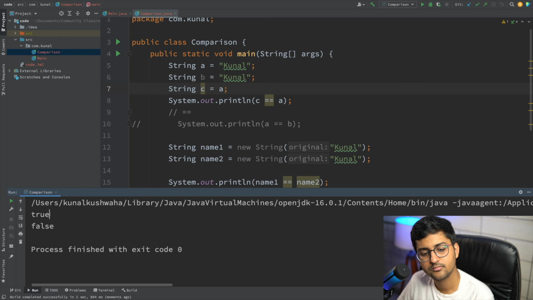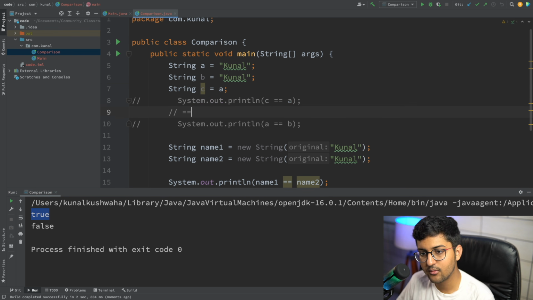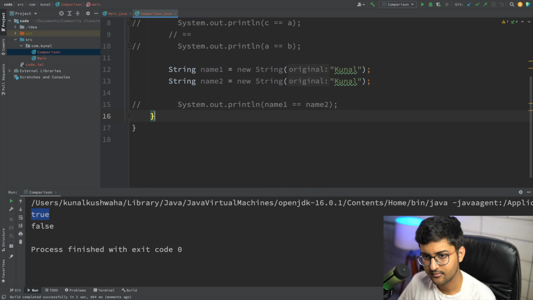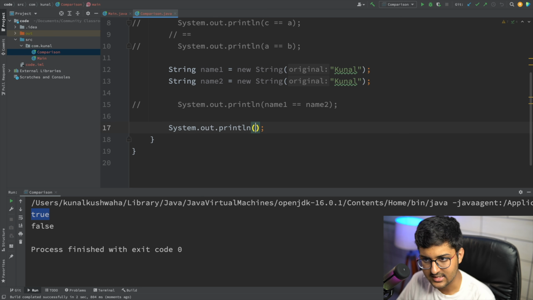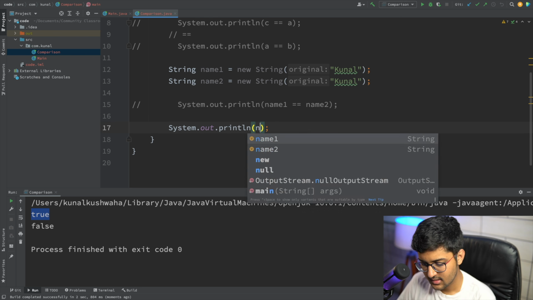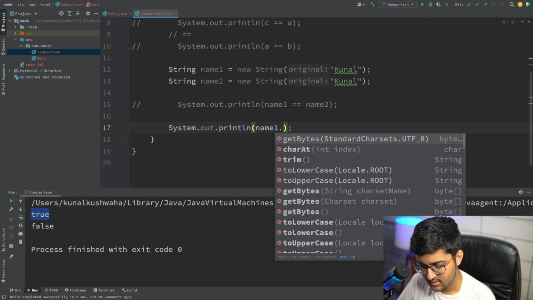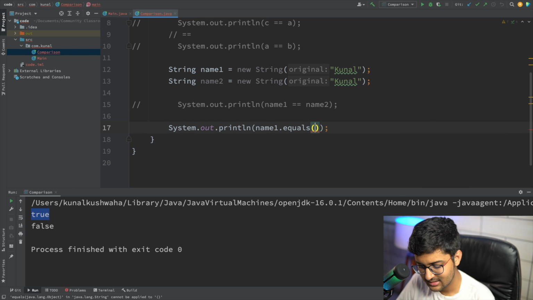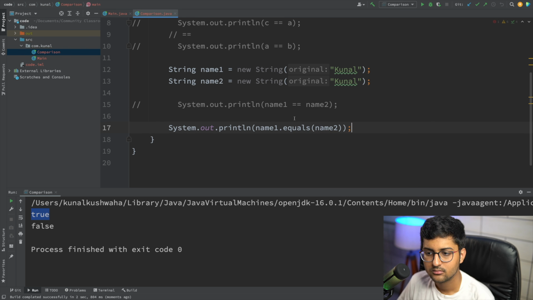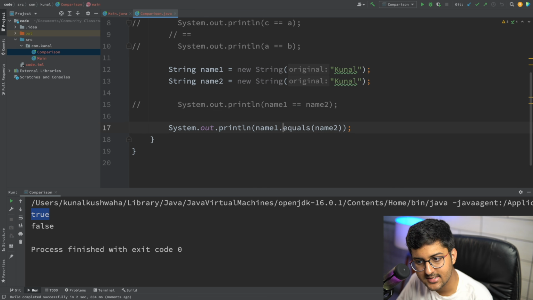True. And what if I only want to check the values? I can say print name1 dot equals name2. So this is a comparator and this is a method or a function, you can say, but